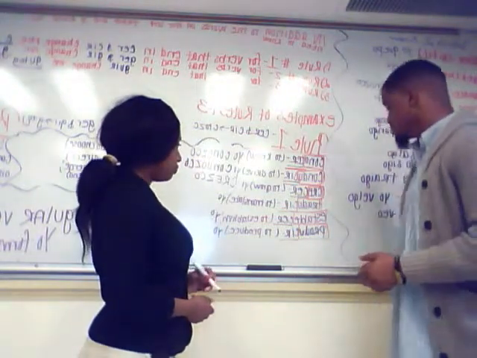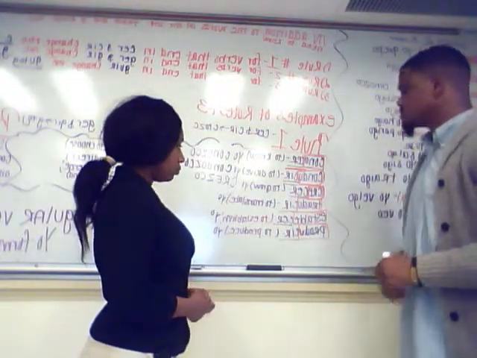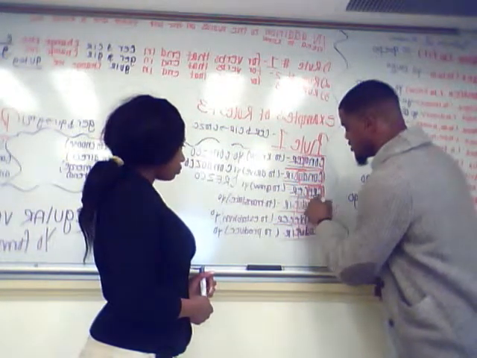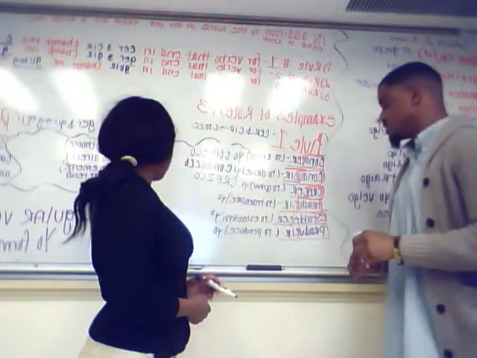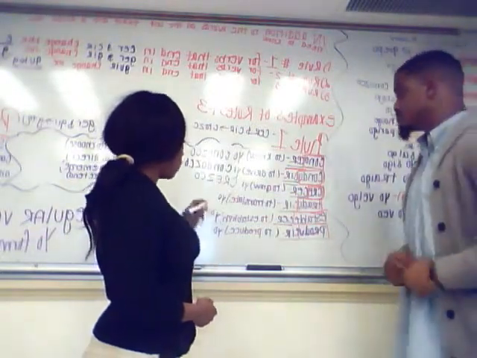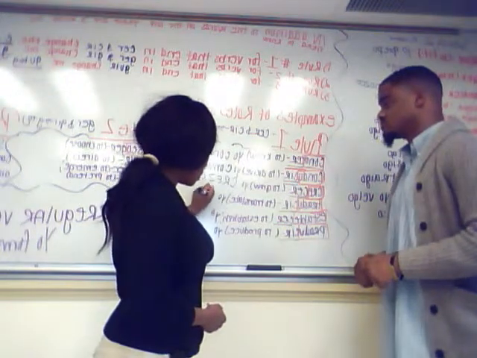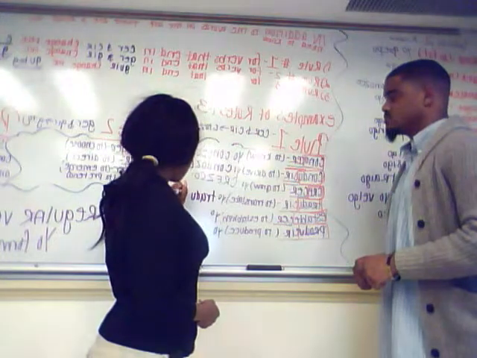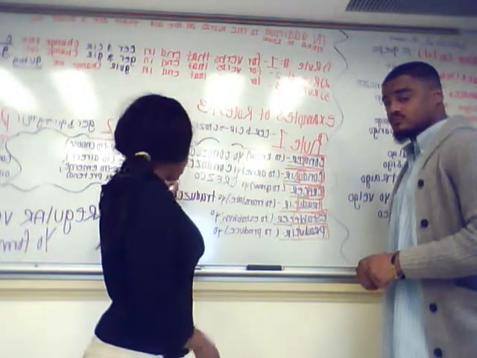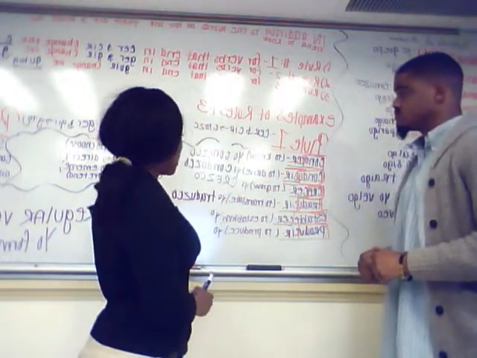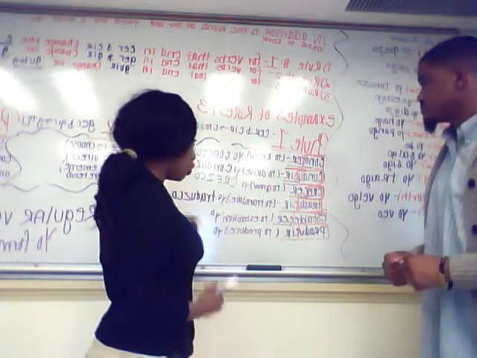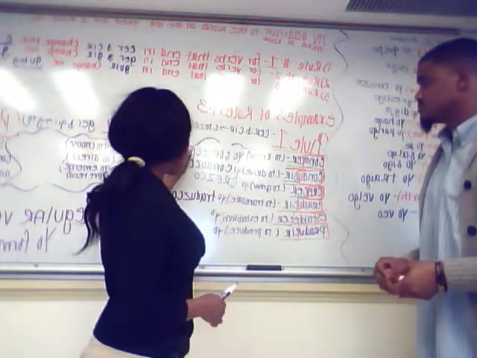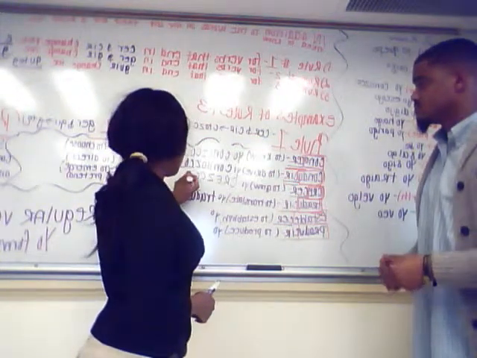Okay, the next word is going to be traducir, and we're going to keep T, R, A, D, and U, and take out the CIR. Alright, so now since we have that, we're going to write in T, R, A, D, U, Z, C, O. Now, as you can see, all of our endings have the O in it, okay? Because I must reiterate that it's the yo form of the first person, okay? So that means we have to have our O in there, okay?